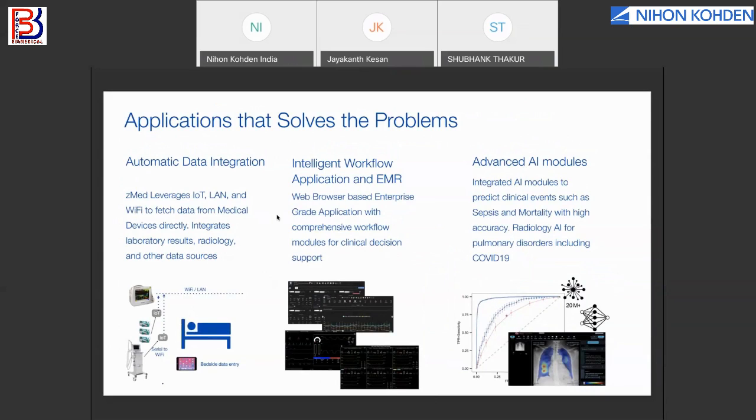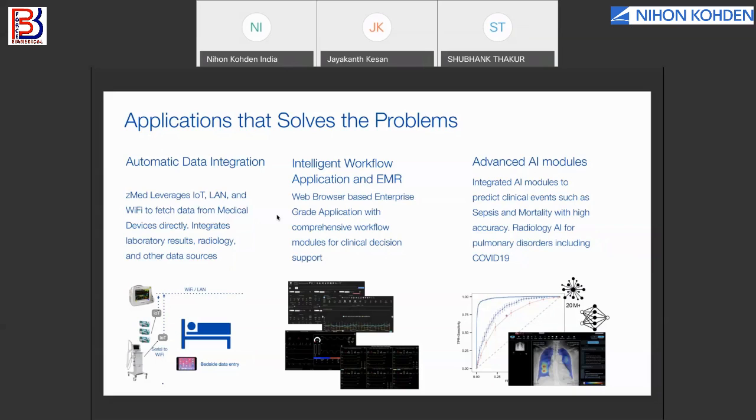When I say full spectrum of data integration from assorted medical devices, particularly patient monitors, ventilators, ECMO machines, blood gas machines. So these are some of the important medical devices from which data need to be continuously integrated. So that is a major challenge. And the second thing is